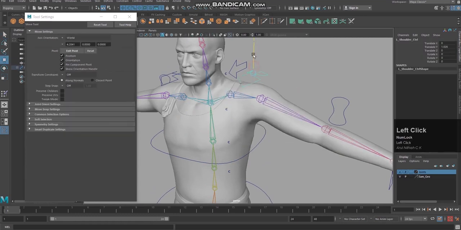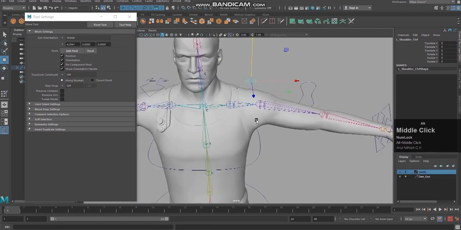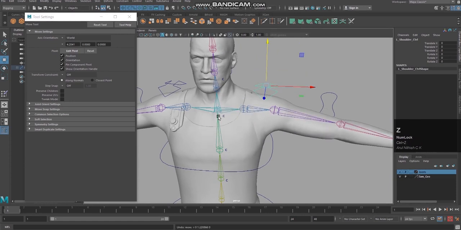Okay, this acts as the shoulder control, but you can see this bone is having influence all over this area, so this influence should be limited only up to this area. Okay, but it is spread here and all.